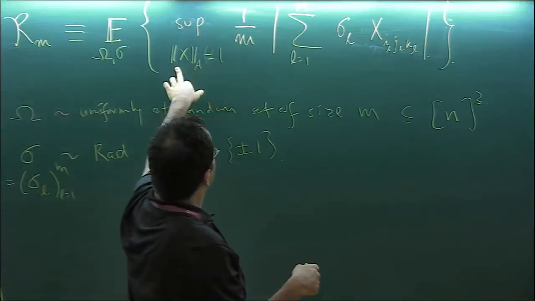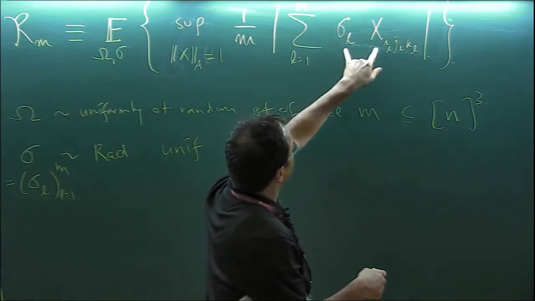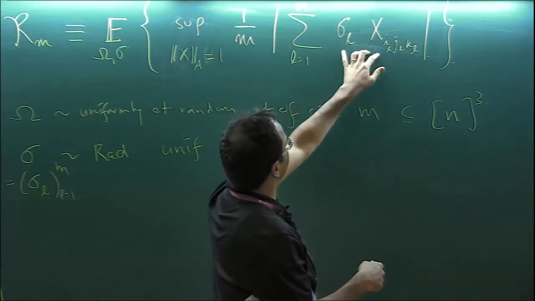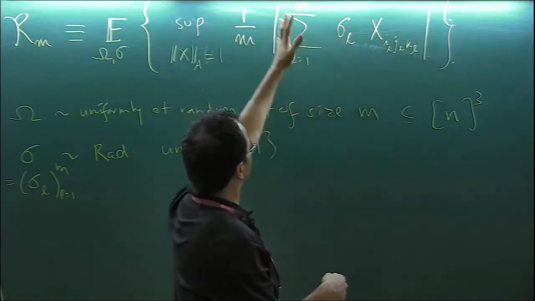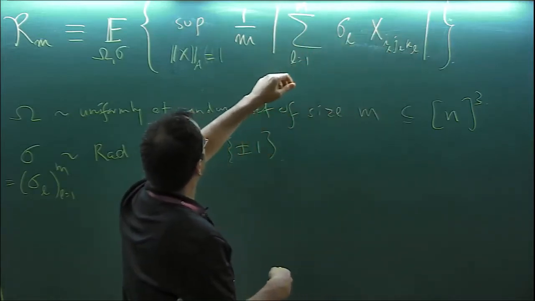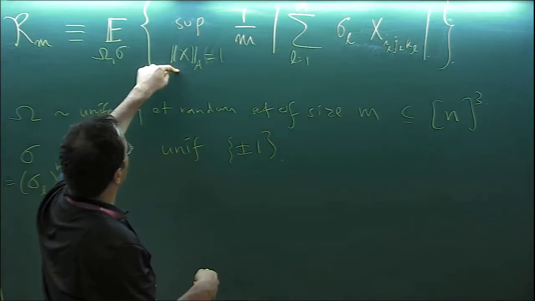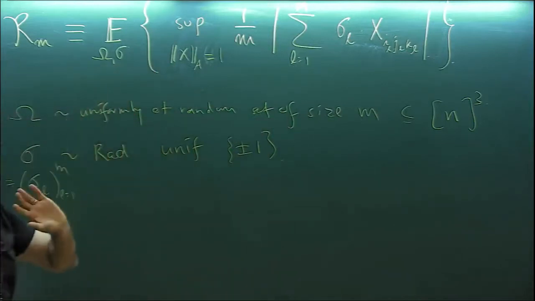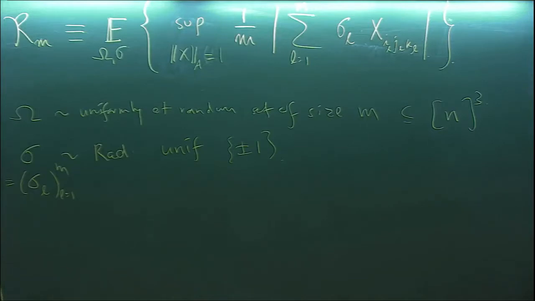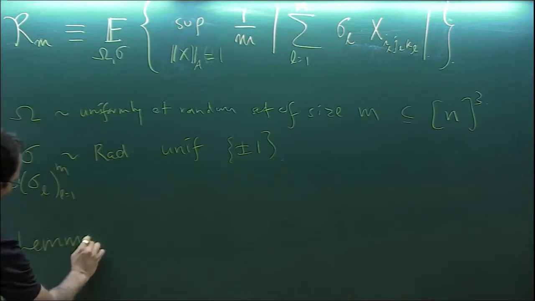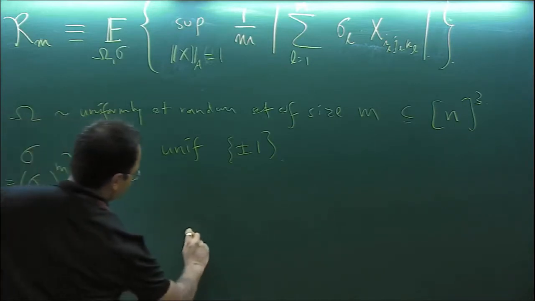And so for all such x's, take any particular x, look at the deviation that you can get by taking this out, take the absolute value, of course normalized, you're taking the supremum over all such x, and then you're taking expectations. So you're looking at the maximum deviation, in a sense. Okay. And so that's the quantity. We will argue later, let's say in lemma 1, that